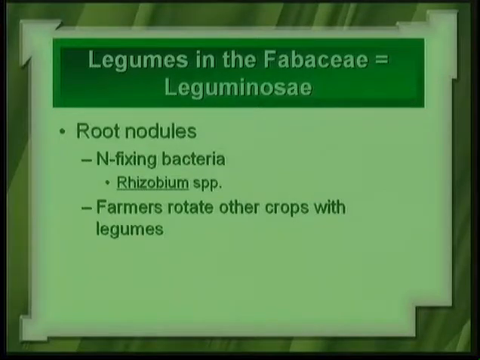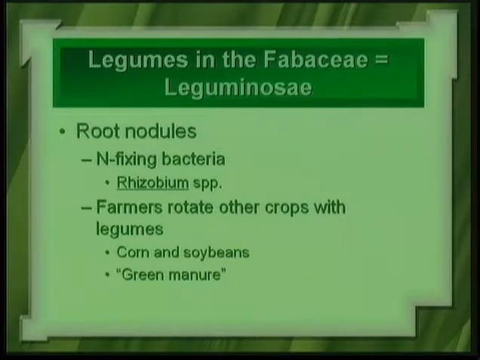So what can they do? If a farmer plants some soybeans or alfalfa, some kind of legume, corn and soybeans oftentimes are grown together, or they'll alternate crops, okay? Corn being a heavy feeder, soybean being a nitrogen fixer. So sometimes they might grow the soybeans or the alfalfa, then they'll plow them under. They'll actually return them to the soil. This is something that people call green manure. You actually have a lot of nutrients in the green material from the legumes, all right? And this is important in terms of